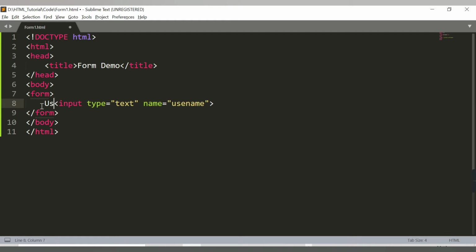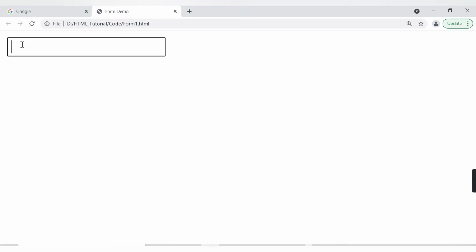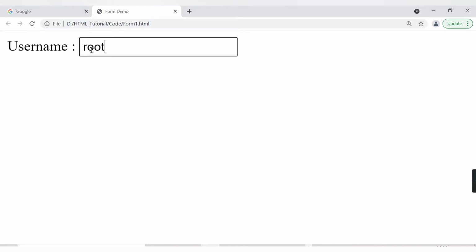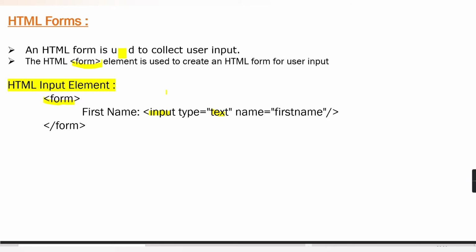Let's say username. Save it, refresh the browser. Now see, it shows username, so you can write whatever your username will be. So this is the use of this HTML input element.